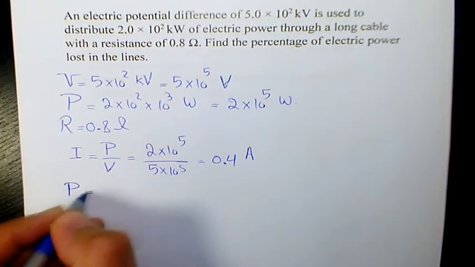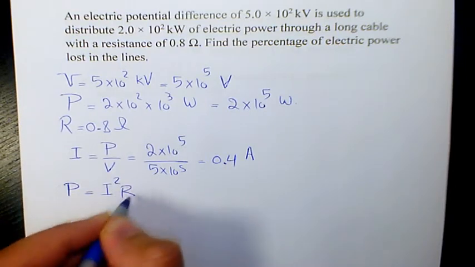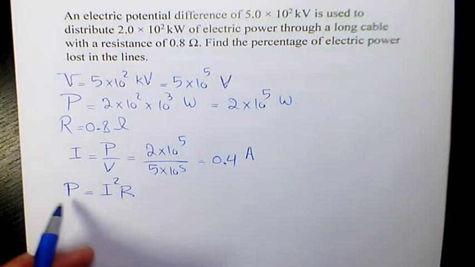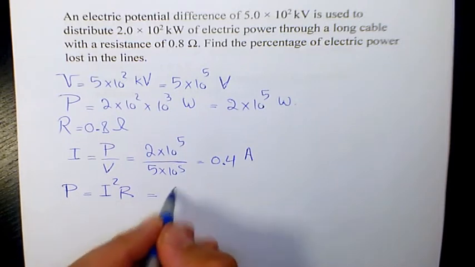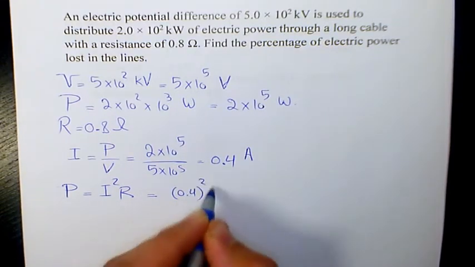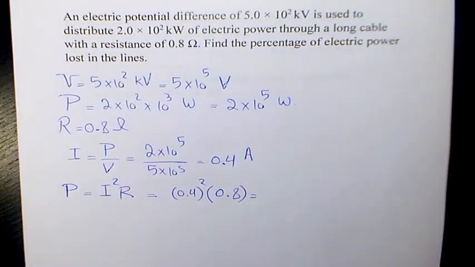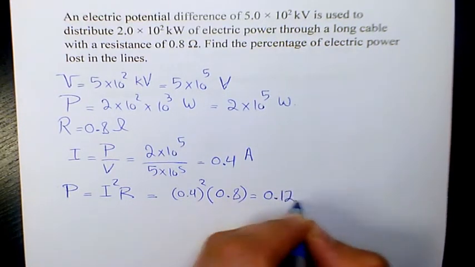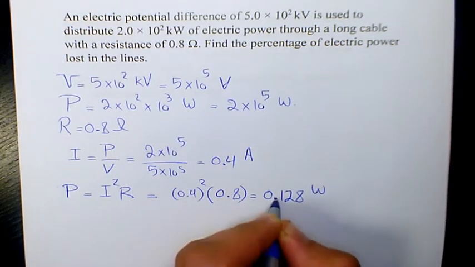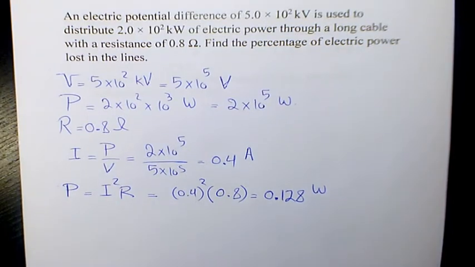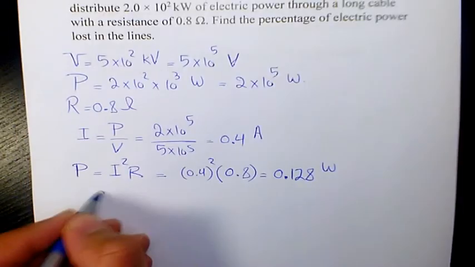So P will be I squared R. That's going to be the lost power. 0.4 to the power of 2 times 0.8 is going to be 0.128 watts. So that's going to be the power lost. So 0.128